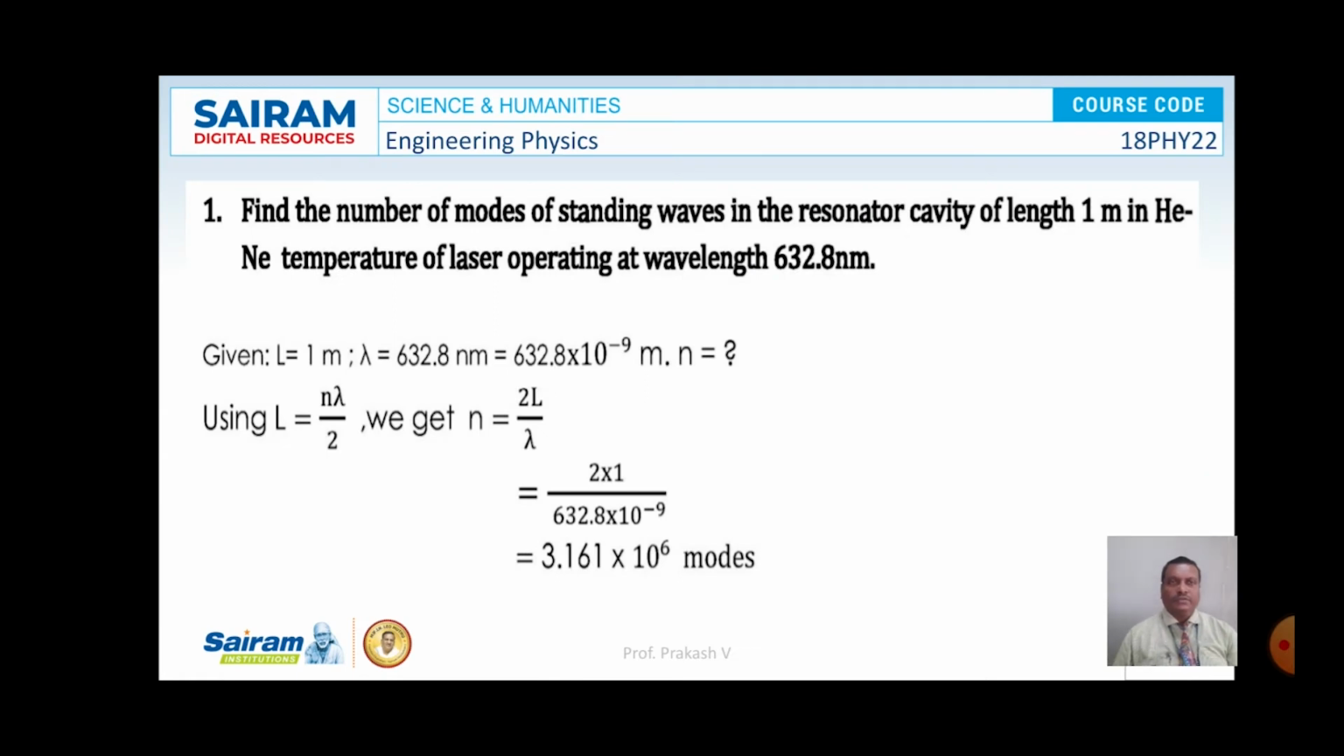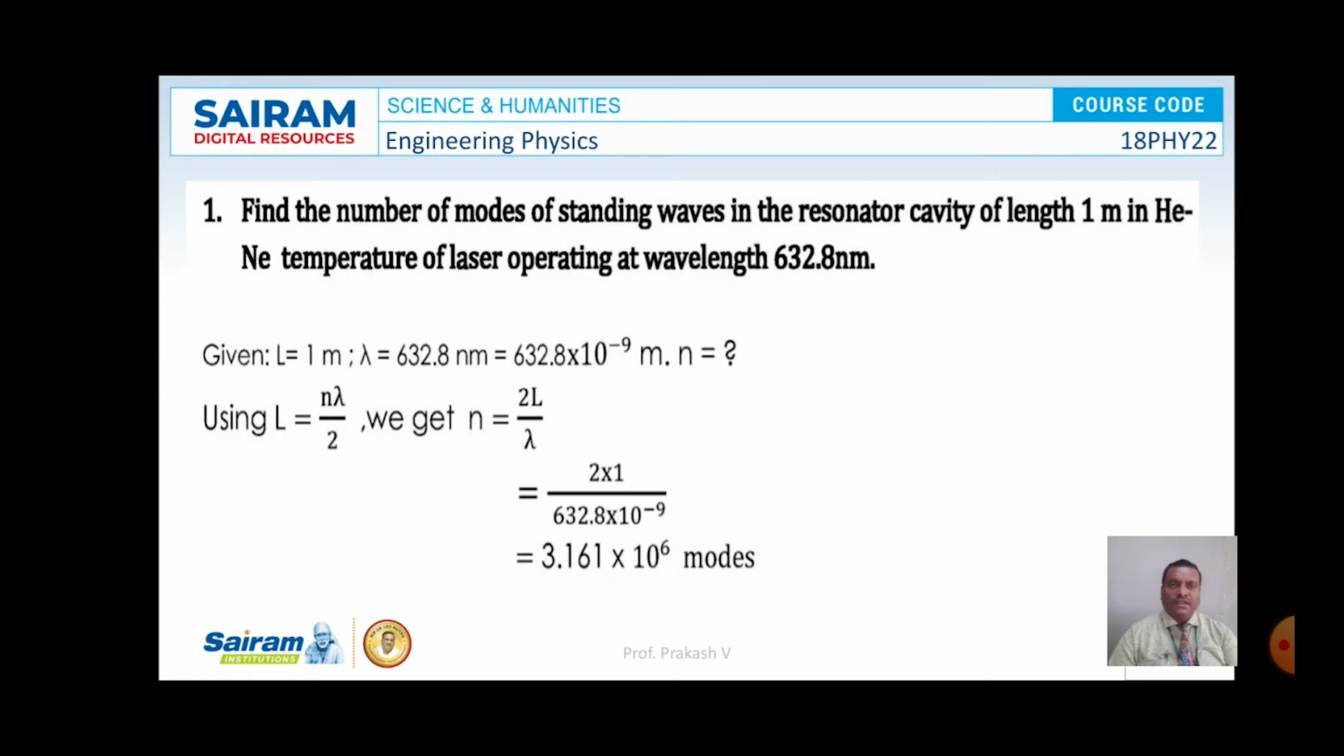The first problem is: find the number of modes of standing waves in the resonator cavity of length 1 meter in a helium neon laser operating at wavelength 632.8 nanometer. So here the value of L is 1 meter, lambda is 632.8 nanometer, and we are having a